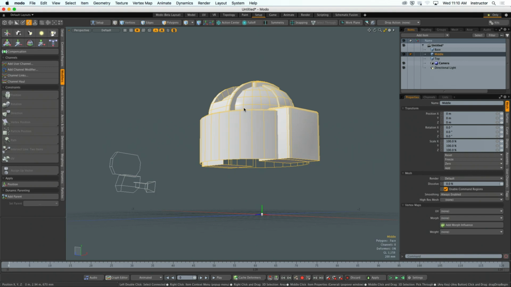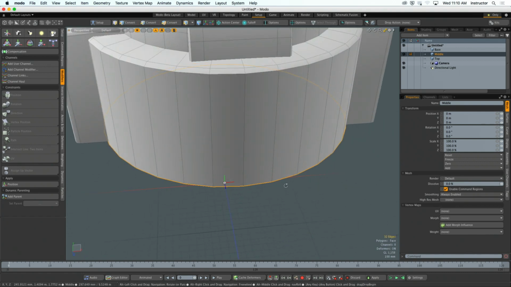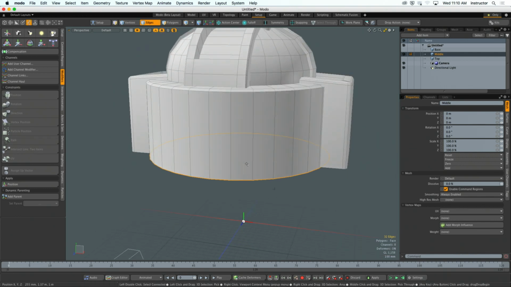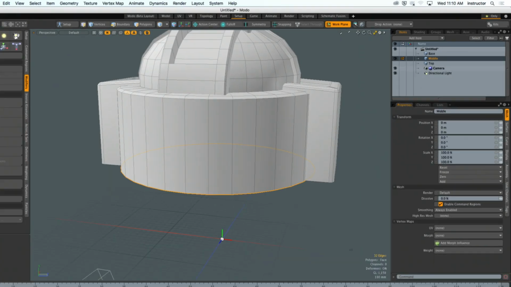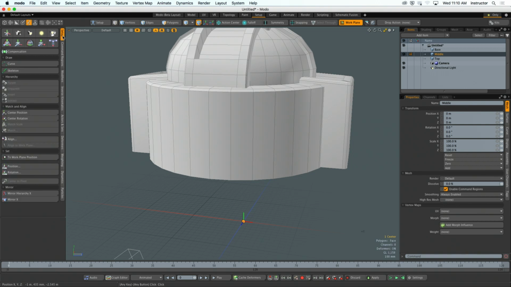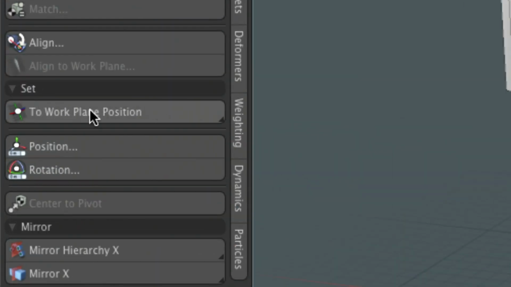Here's what I'm going to choose. I'm going to go into edges here real fast and simply double click on the edge loop at the base of my turret. And that's where I want to center my work plane. This button will allow me to change the location of my work plane to the selected components. Okay? And with that done, I can grab my center point and my to work plane position tool in my setup collection